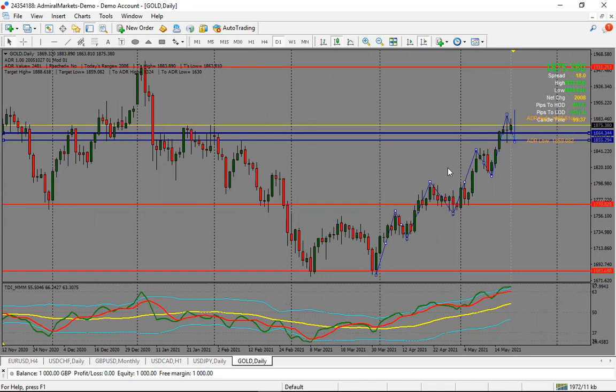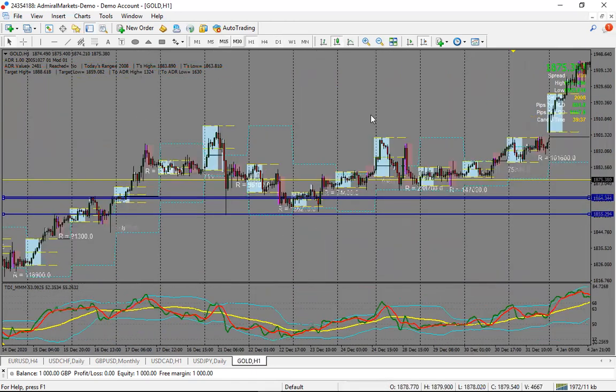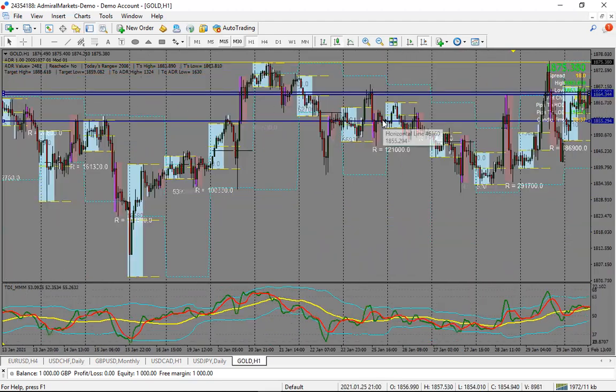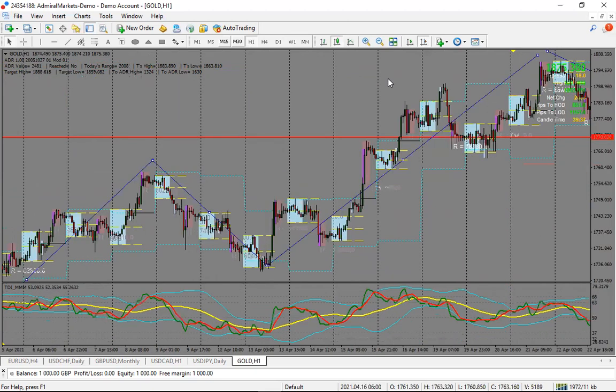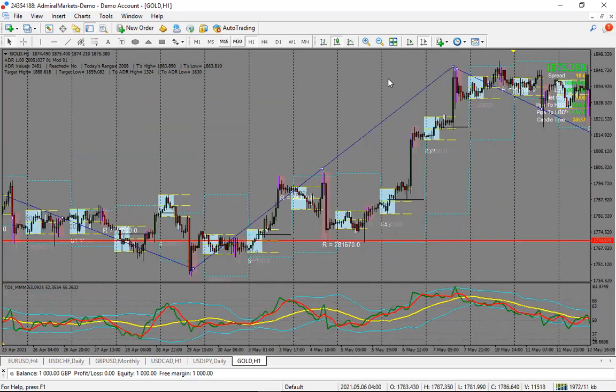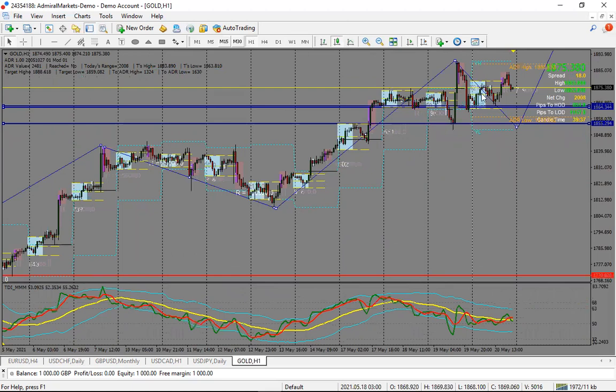But for now, all we know is we have a bullish momentum going up, retracing back, going up, retracing back, and going up. So if you come down to the lower time frame, for those that normally do intraday trades, I advise you to look for an impulse that will retrace or pull back. Then you can wait for any price action signal for you to go in for a buy signal. So currently you can see the price